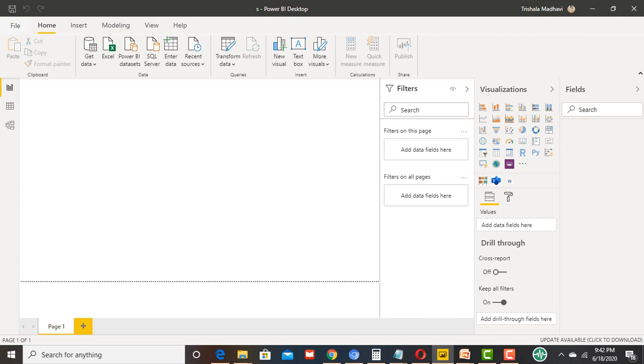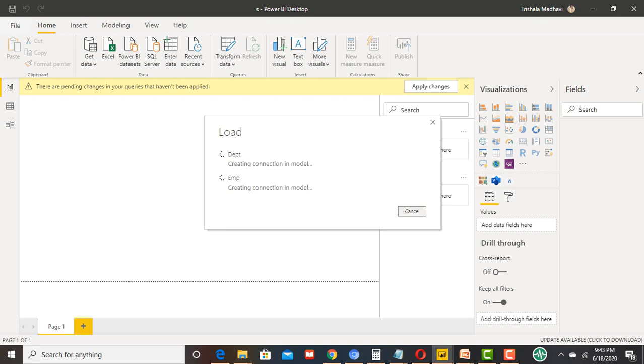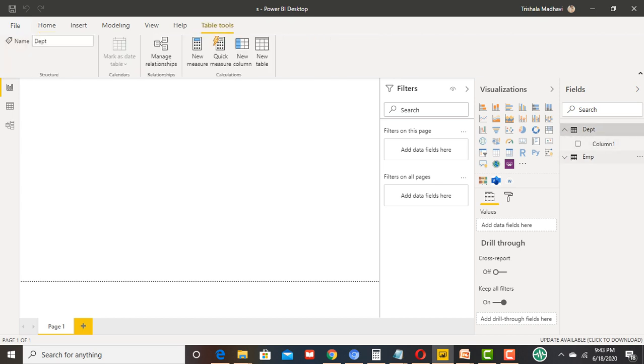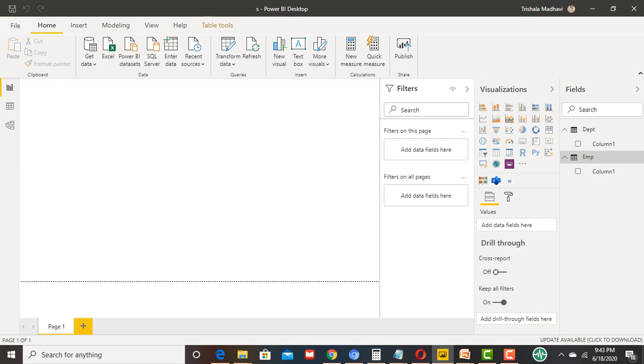So I'm just importing. Yeah, so now I will show you the data from here. Now we are seeing only one column, and employee also in one column. We can't make any report since we don't have columns like employee name, department name, ID, location, etc. So for that, what we need to do is go to Home and then, from here, Transform Data.